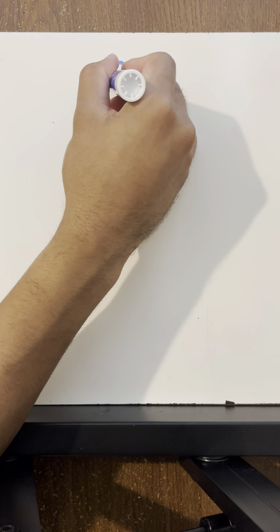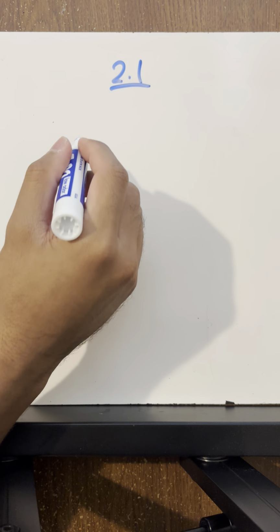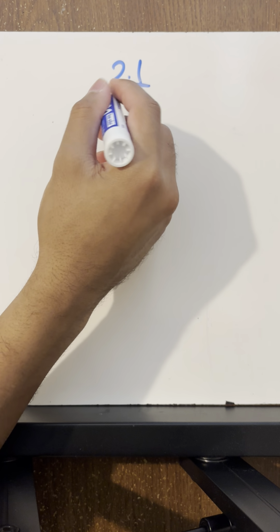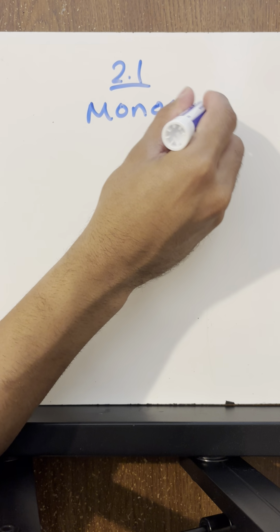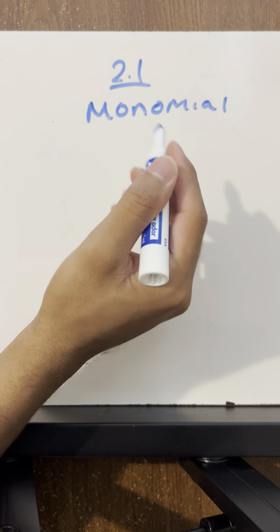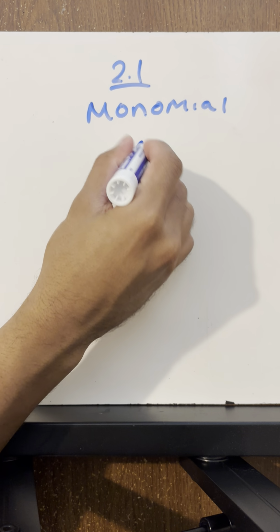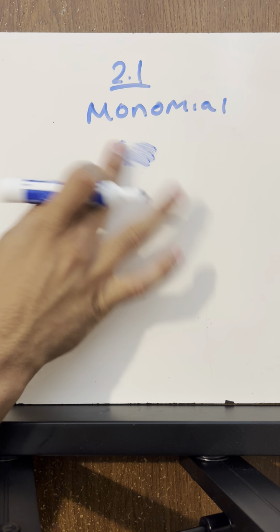Alright, let's take a look at lesson 2.1. 2.1 is all about adding and subtracting polynomials. The first thing we need to talk about is what a monomial is. A monomial is something that has one term, for example, 10. Another example would be